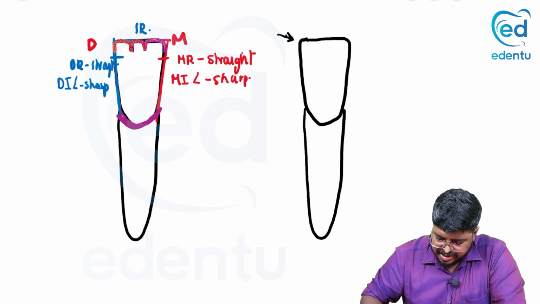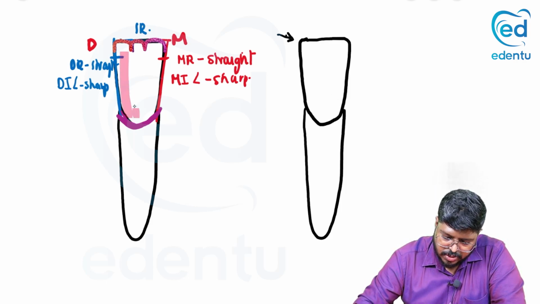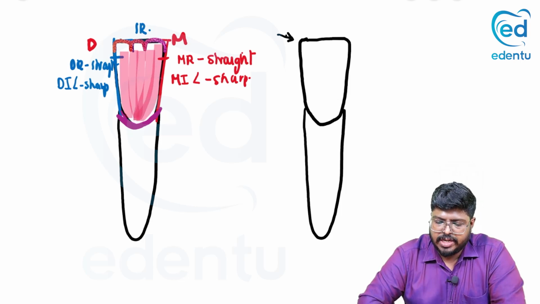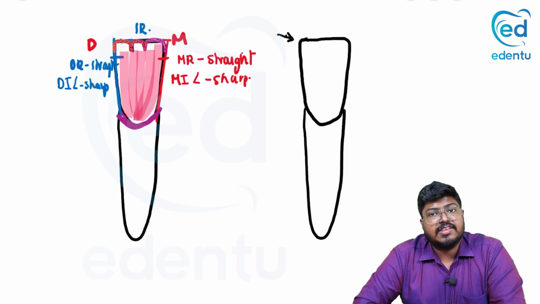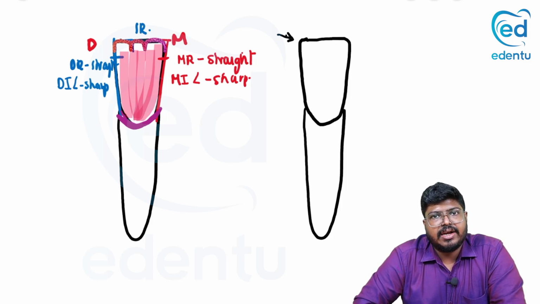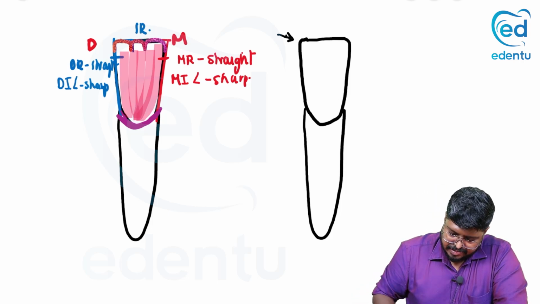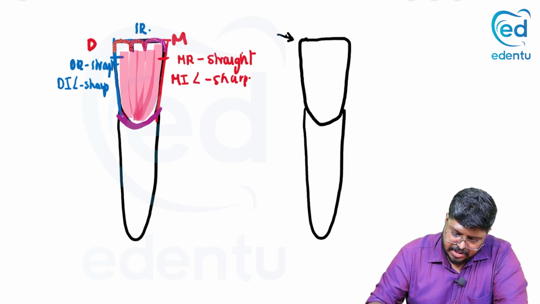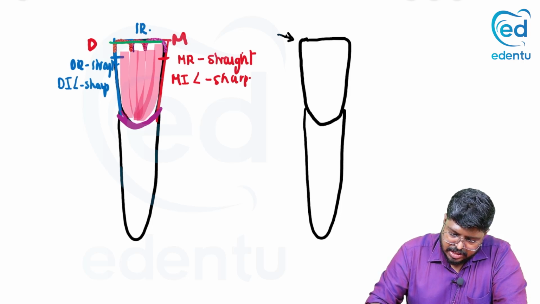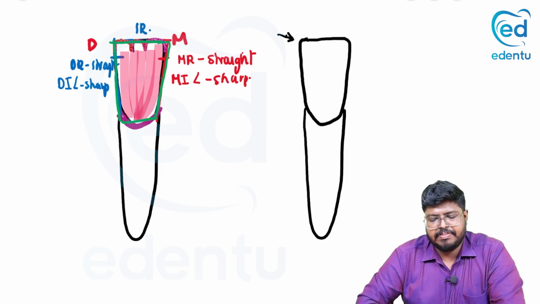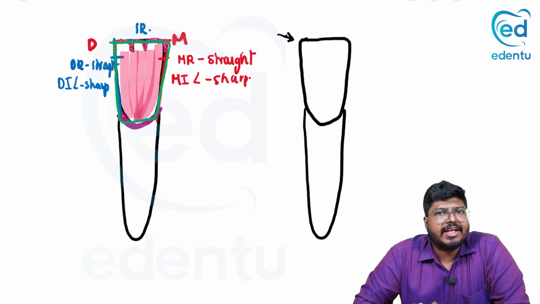The labial surface will be gradually convex, and it is not as convex as the maxillary lateral. Therefore, this is a much flatter tooth when compared to the mandibular lateral incisor. Eventually, you will also realize that the cusp is almost trapezoidal. The shape of the crown is almost trapezoidal. This is the entire aspect of the